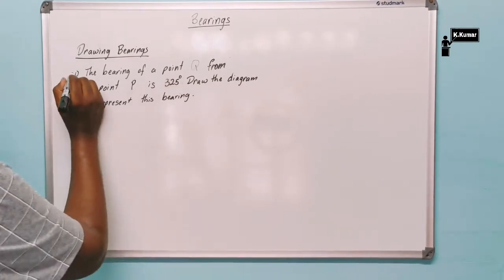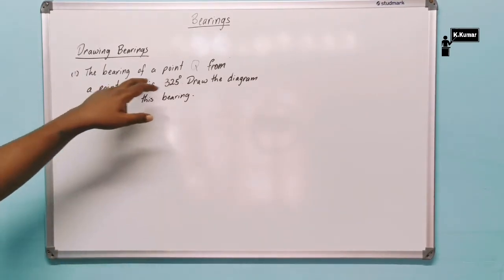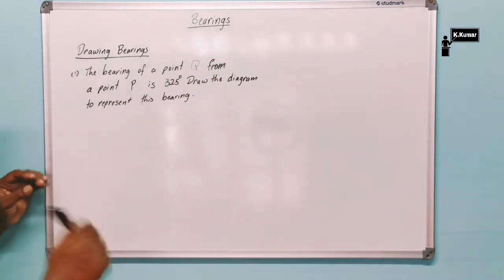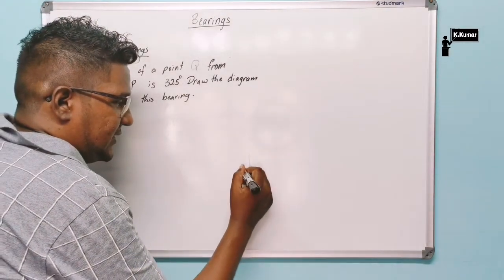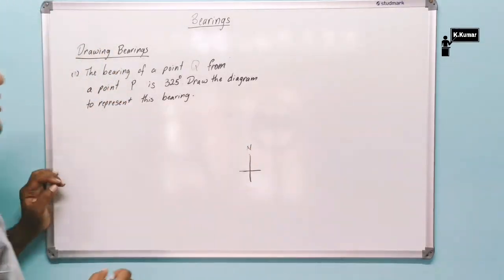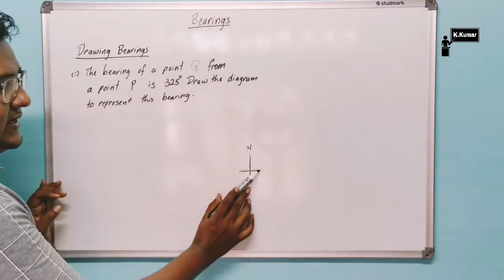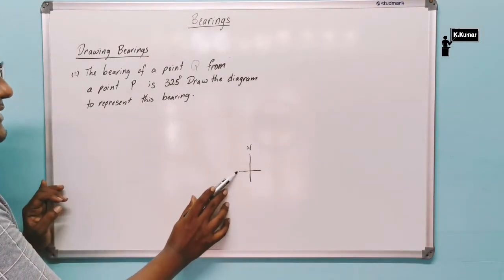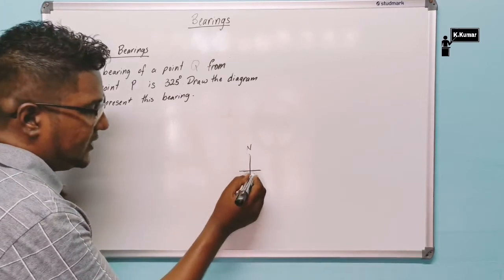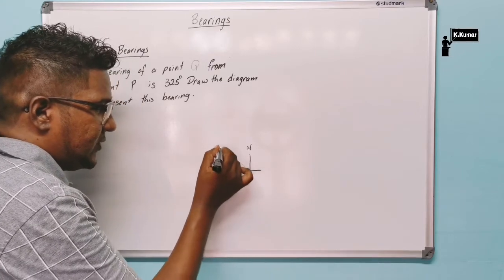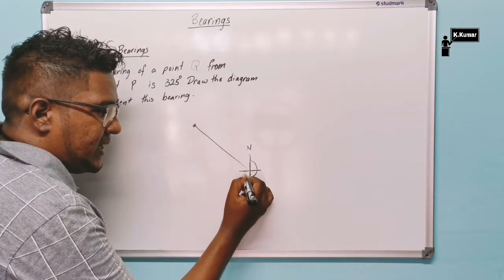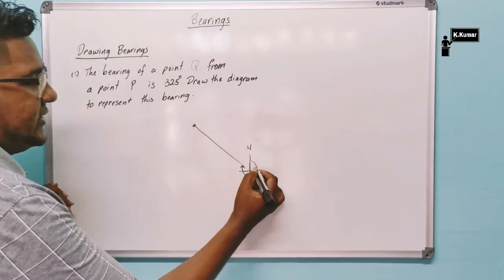Let's look at another example. The bearing of a point Q from a point P is 325 degrees. Draw the diagram to represent this bearing. Again, the first thing we start with is our points, and this is north. Now 325 degrees, you know that this is 090, this is 180, this is 270. So 325 degrees would be between 270 and 360. So somewhere here, we're going to draw our bearing line. Remember, we always start north, so we're coming around in a clockwise direction. So this is the bearing,